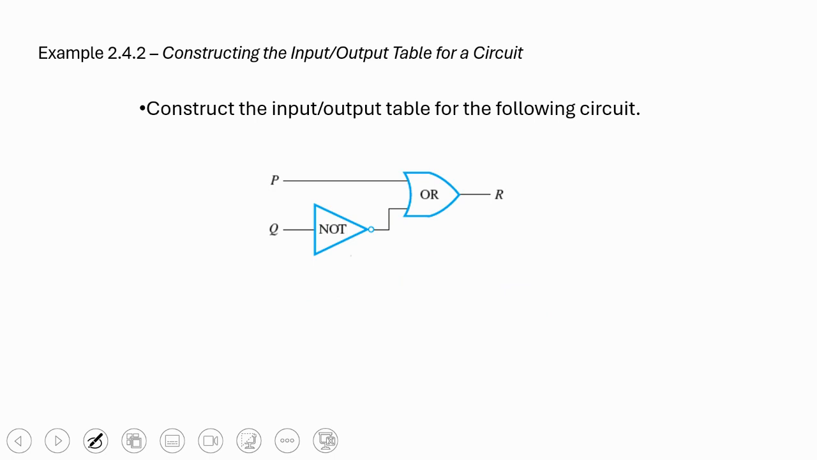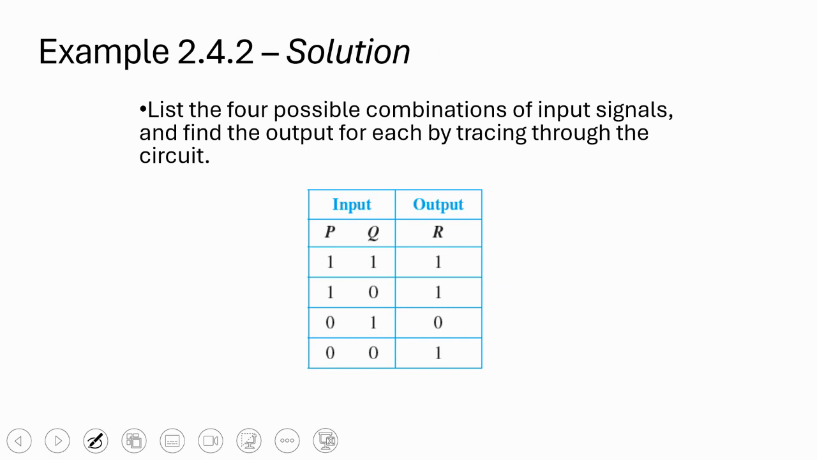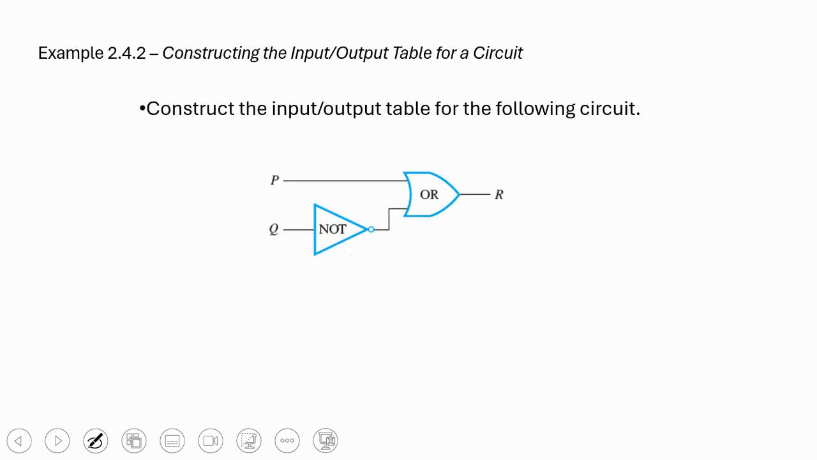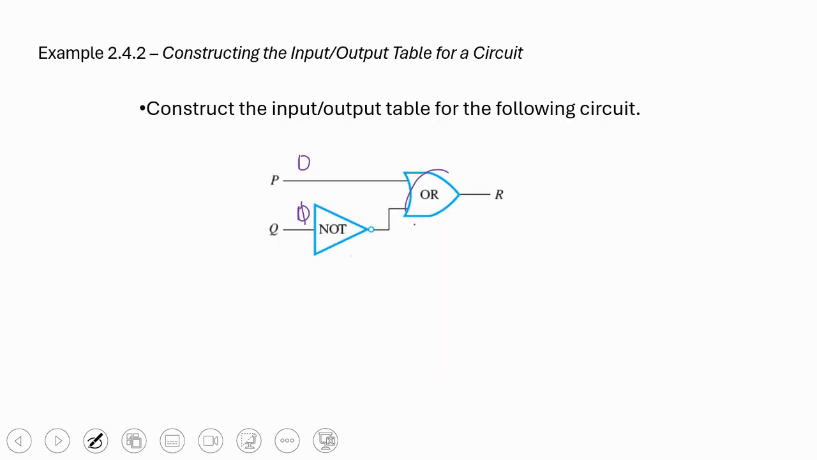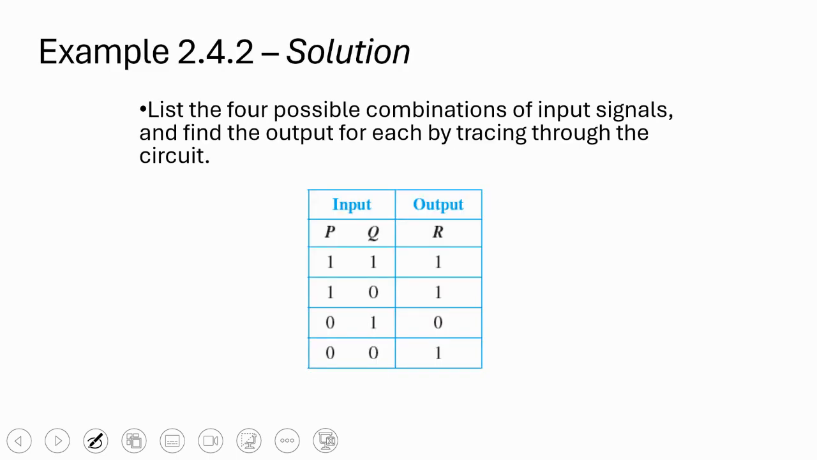Okay, so now we're looking at all the possibilities. One of the inputs could be P is 1 and Q is 1. Or maybe P is 1 and Q is 0. Or maybe Q is 1 and P is 0. Or maybe they're both 0. So you look at all the possibilities, very similar to a truth table. And since it is an or, remember the only way R will be 0 is if both inputs are 0. And so you can see,